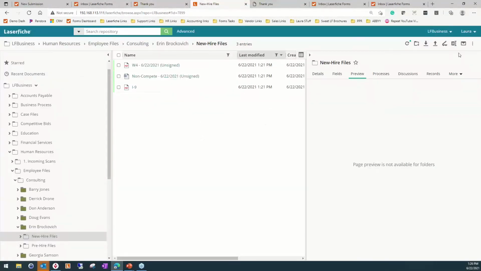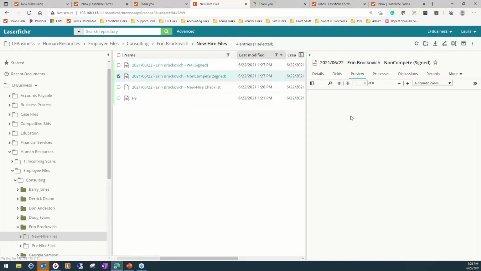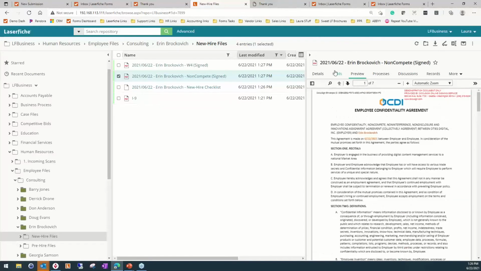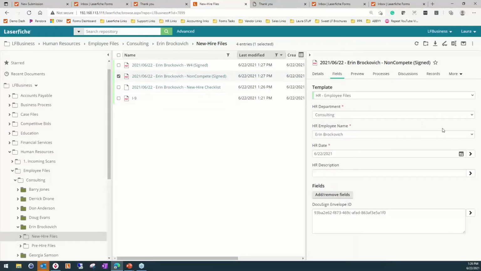So now if I jump back in here, we're going to do this quick refresh. And we'll be able to see it has removed the unsigned documents and replaced the W-4 and the non-compete with the signed copies. If we take a look again, we'll be able to see the DocuSign envelope information up here. If I take a look at the fields, one thing that is missing from my demo, which is really